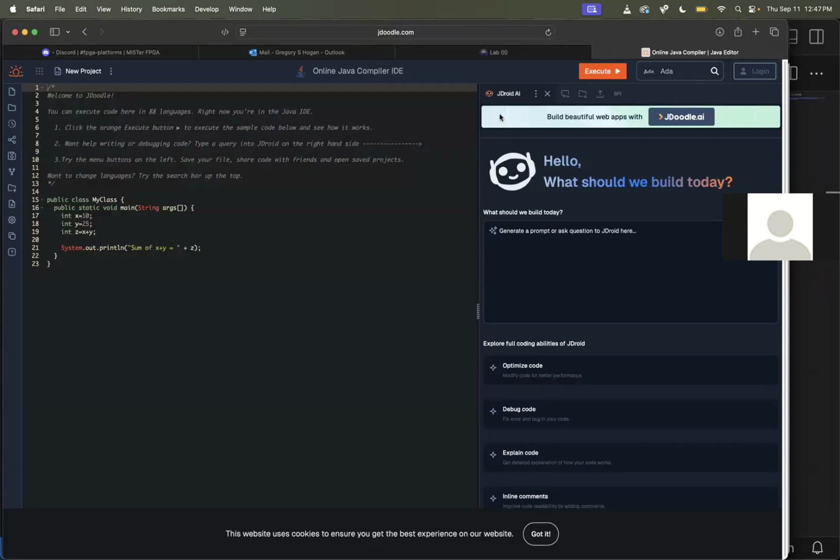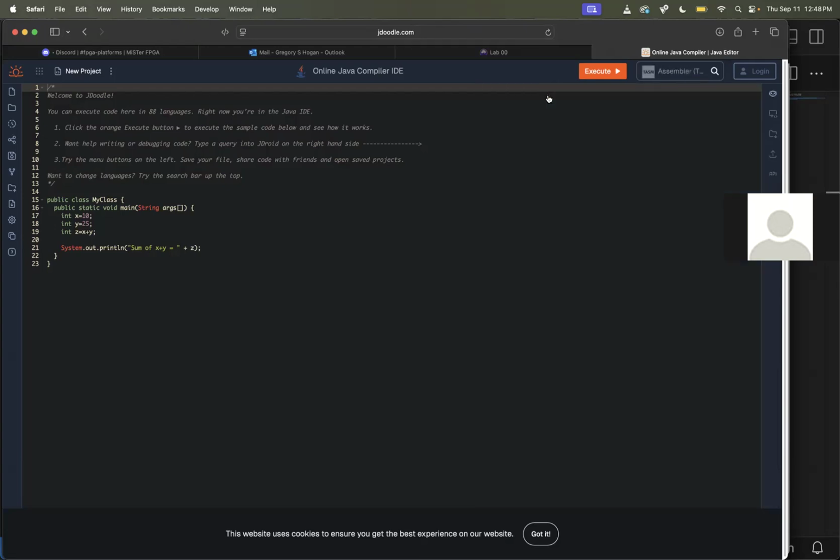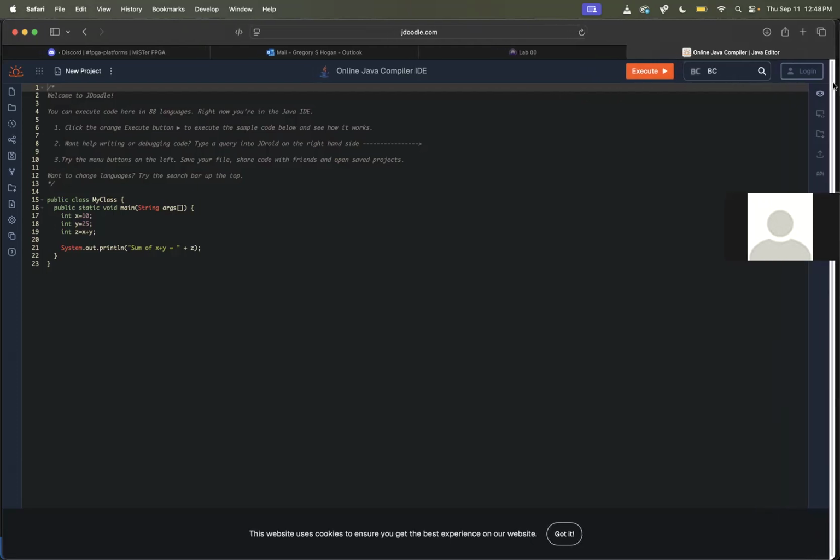Now over here on the right, there's like a giant AI tab taking up space. We do not need this. So I'll just click the little X up here, get rid of it. And this is what the interface looks like. Now, this is very similar to the interface of